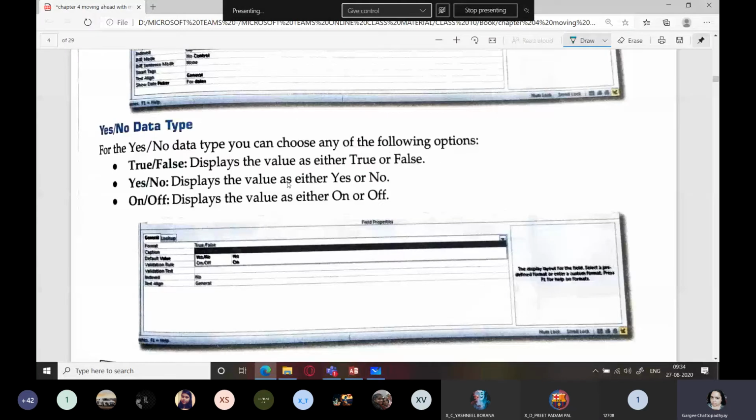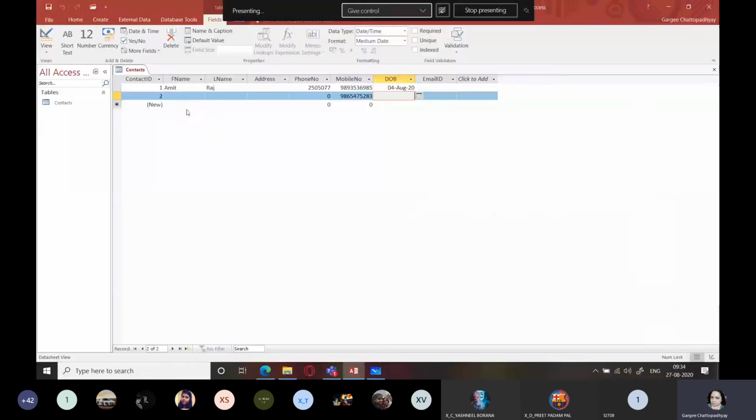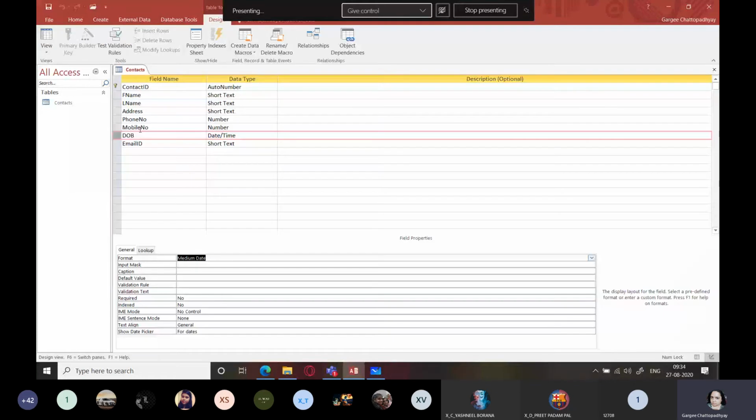Okay. And they have used some values. True or false will display the value as either true or false. Let us check this out. Do we have any field like that? No. So let us save it as